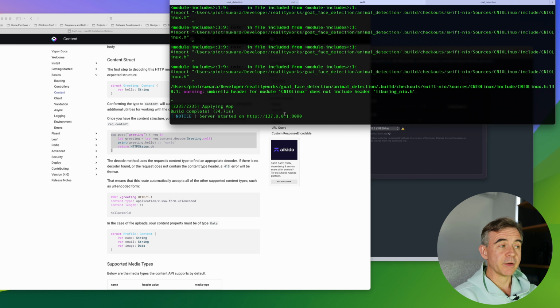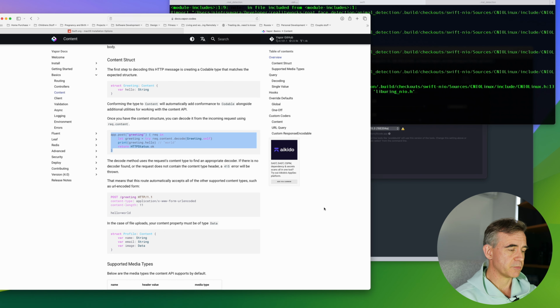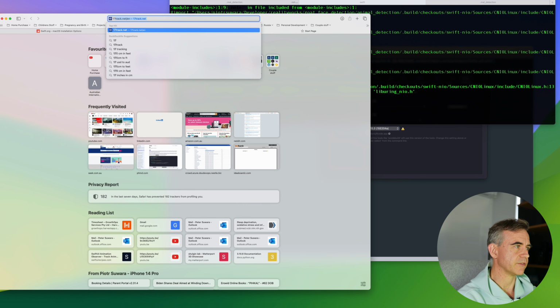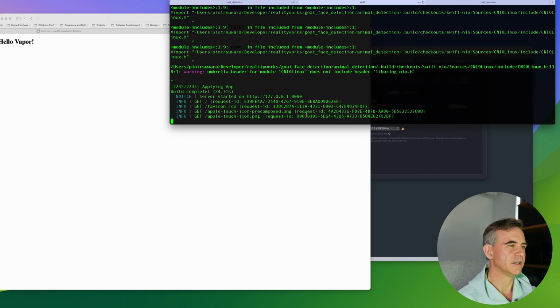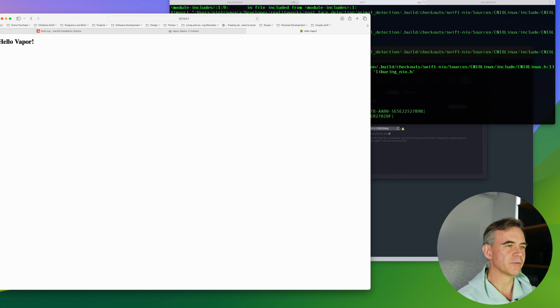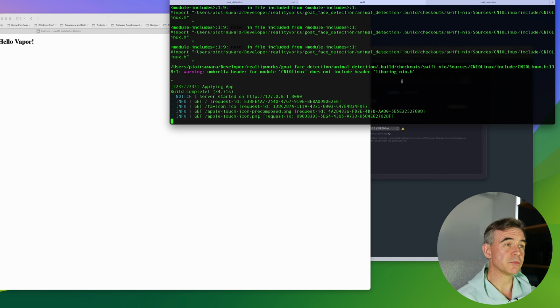So we have that. Okay, great. We have our server started. So now we should be able to go into 127.0.0.1. We go, hello Vapor. Yep. So that's our local server now. Got that running. Yep. And what we can do is we should be able to open our server code in